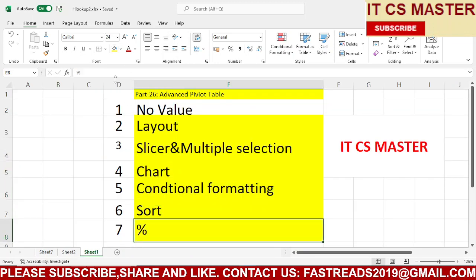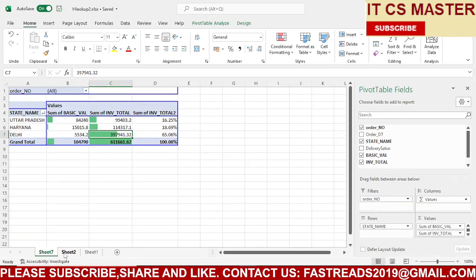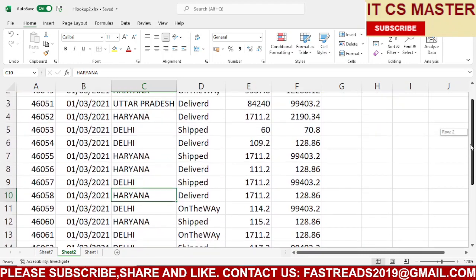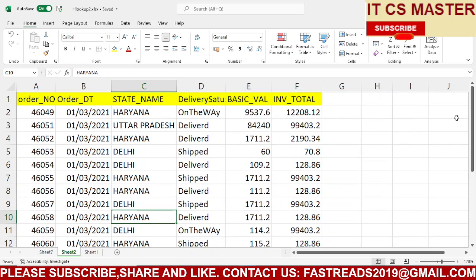Percentage is clear. Now next is no value. Suppose we don't have a value for one state. If we want to display some message or alternative value, you can use it. Suppose I'm taking just one example.